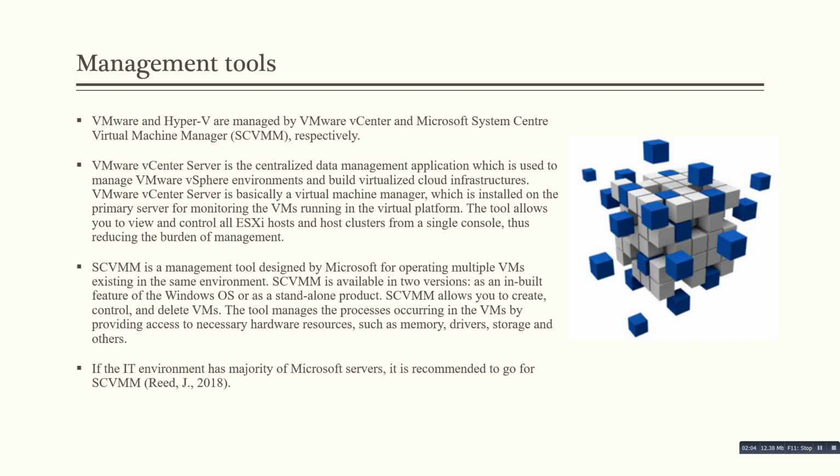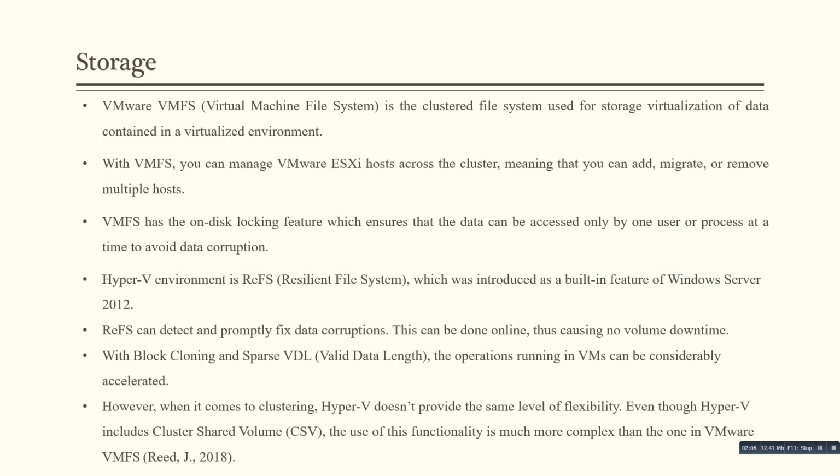In terms of storage, VMware uses VMFS, which is the Virtual Machine File System, a clustered file system used for storage virtualization of data contained in a virtualization environment. Hyper-V uses Resilient File System. It also has block cloning and sparse VDL features, which make the VMs considerably accelerated in terms of their